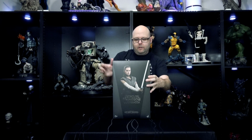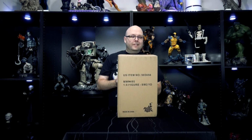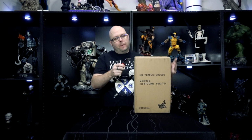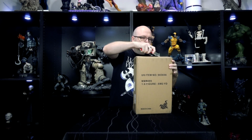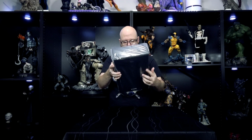Jedi Training Rey. So there's the front. There is the back. There you go, image on the front. Now I'm not doing these in any particular order, just kind of picking them up how they're stacked. See, some of these boxes are a little bit older than others. So this one is